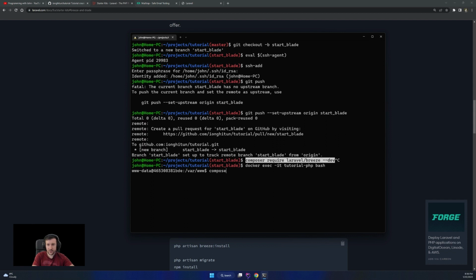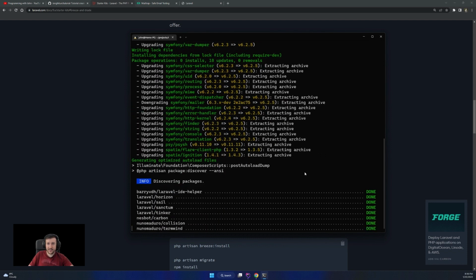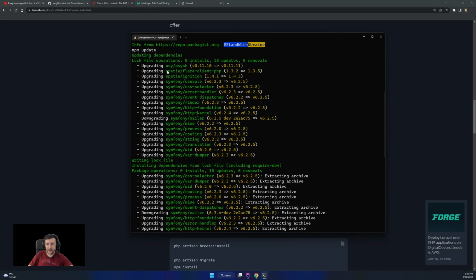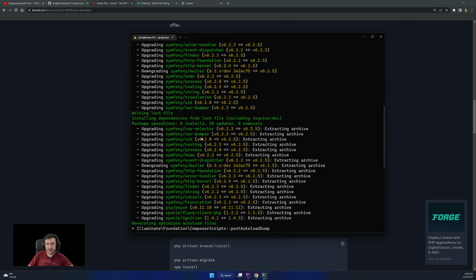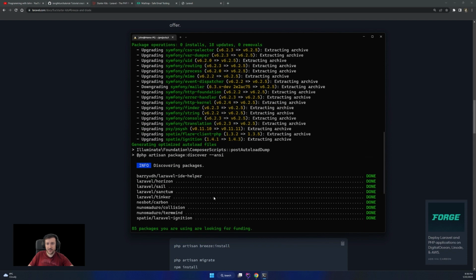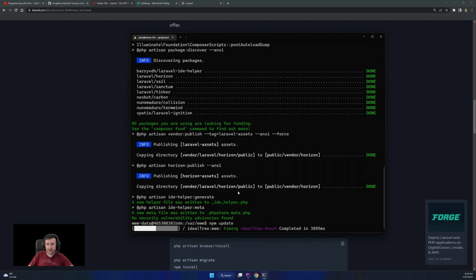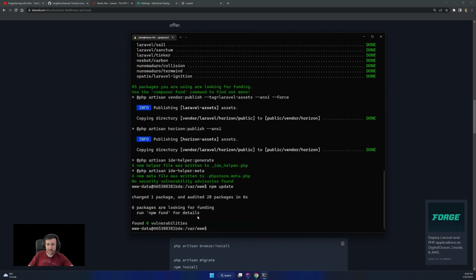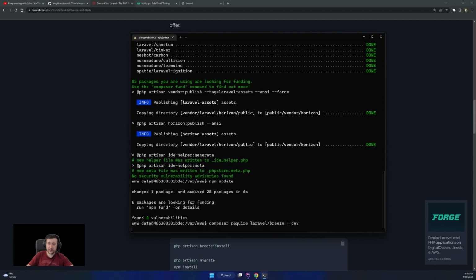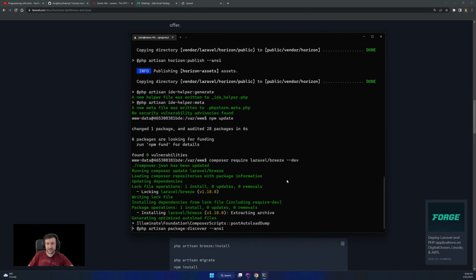In order to do so, I run Composer and npm update. So I run those two commands, and then I start my day. As you can see, there are some updates since our last time. So I did all of that, npm updated as well, and then I'm adding Laravel Breeze as a dev dependency.